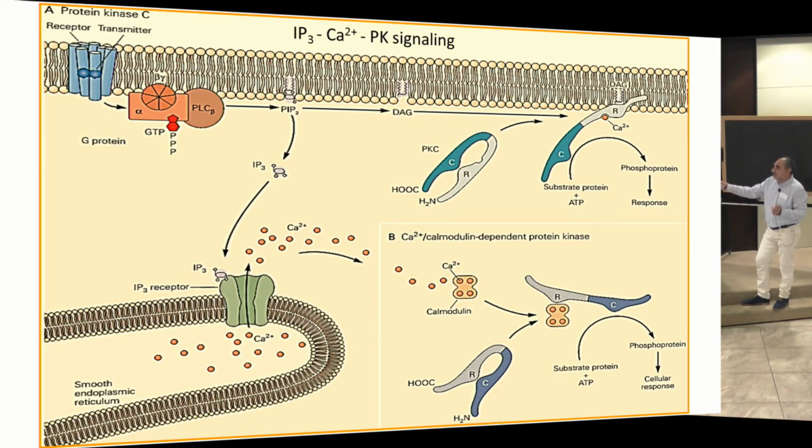But no, we see a very complicated pathway, because it goes to the IP3 receptor on the store, opens it, calcium flows out, goes to calmodulin, occupies calmodulin, then calmodulin goes to the protein kinase and activates it. So all this long pathway, instead of cutting it and making a direct influence. No doubt it is possible